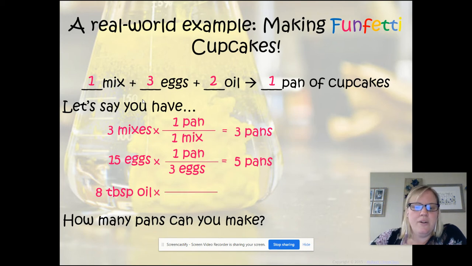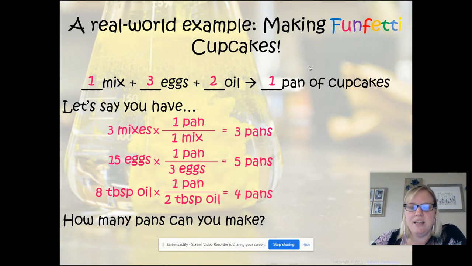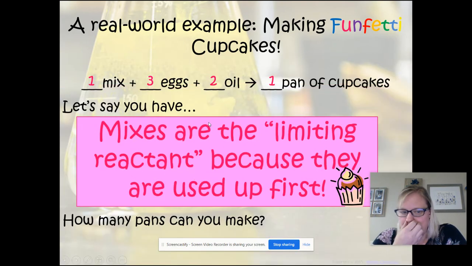Okay. And now I look at the oil, and it takes 2 tablespoons of oil to produce 1 pan of cupcakes. So 2 tablespoons of oil, 1 pan. So with that 8 tablespoons of oil, I could produce 4 pans of cupcakes. Now I can look at this and be like, all right, well, my mixes, there's only 3 pans. I can only make 3 pans because I only have 3 mixes. So this is what we would call the limiting reactant. So the mixes are the limiting reactant because they're used up first. All right, you would have excess eggs and oil, but the mixes are gone, and